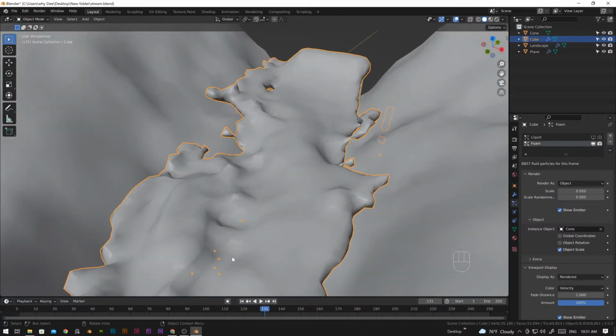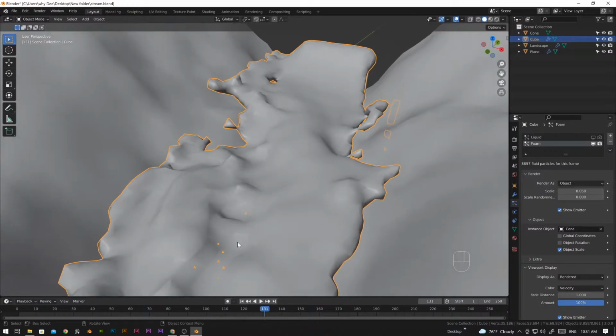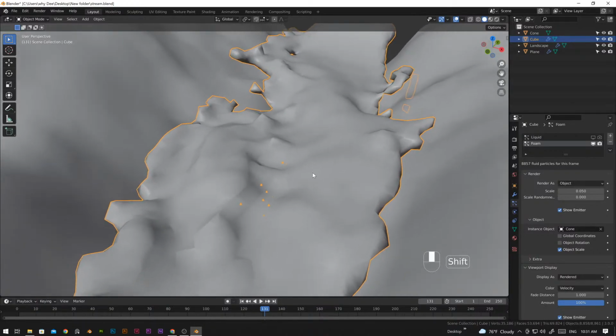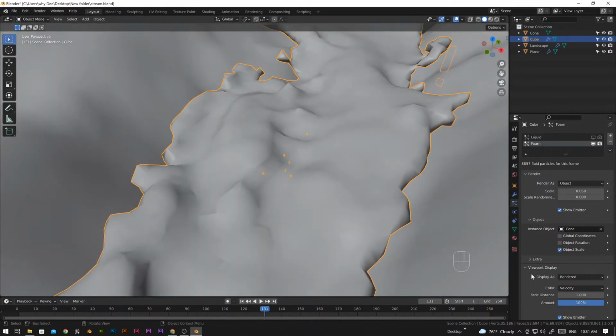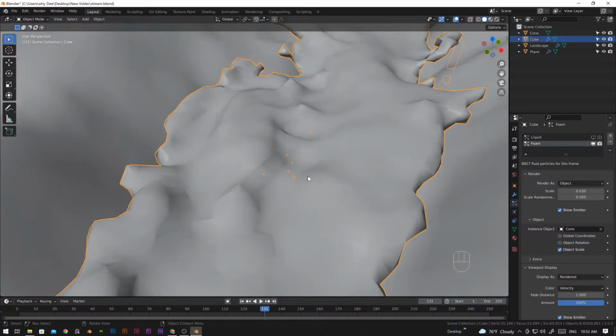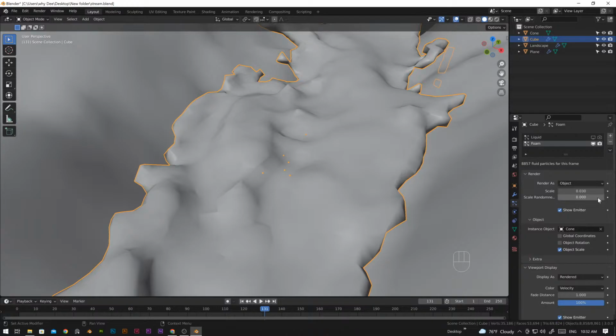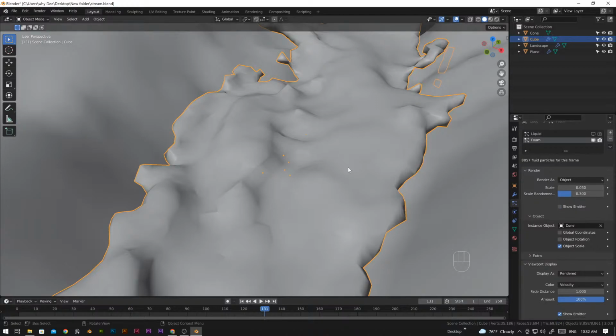Maybe let's zoom in to see how big the particle is. It's quite okay to me. Maybe I'll scale it down a little bit more, to maybe 0.07. It's getting bigger. Maybe 0.03. Yep, it's now a lot smaller. And it's a scale random. We're going to increase to 0.3 randomness. We're going to turn off the show emitter,